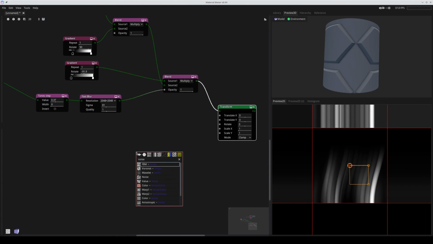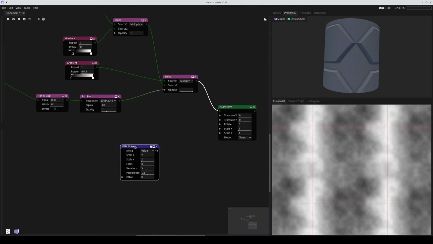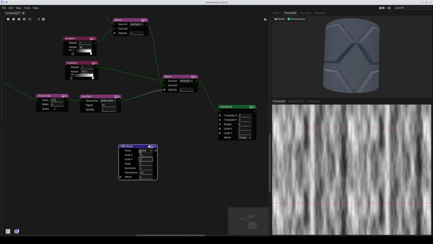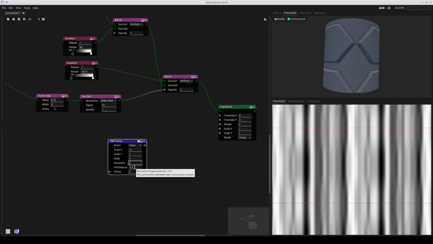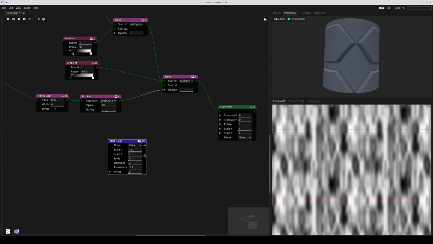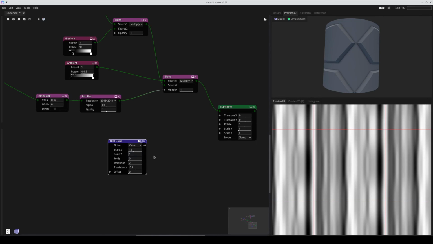So yeah, noise FBM, and well, we can leave it like that. I think maybe something like that. Yeah, I think it's looking pretty okay-ish,